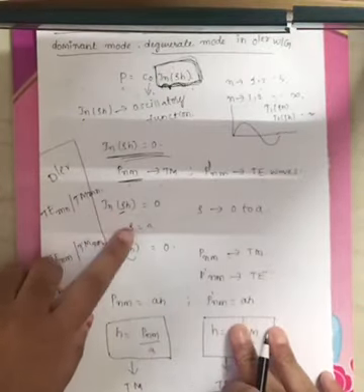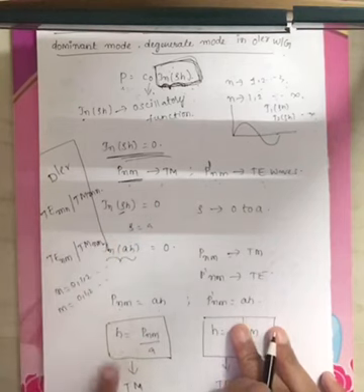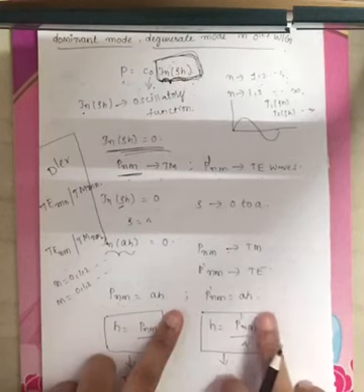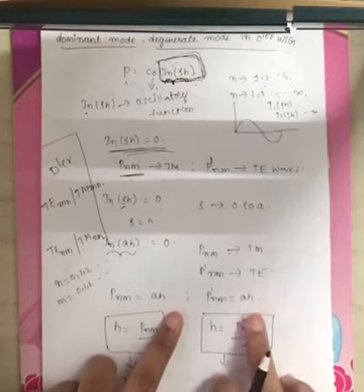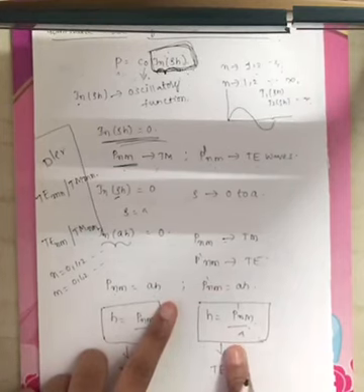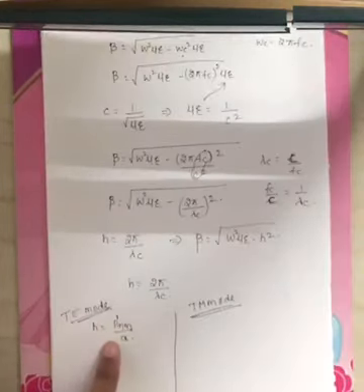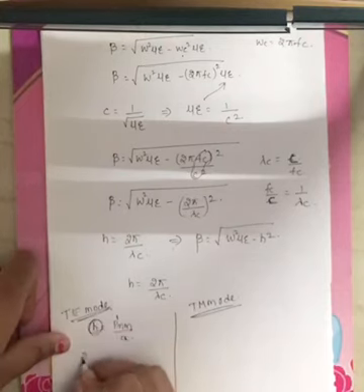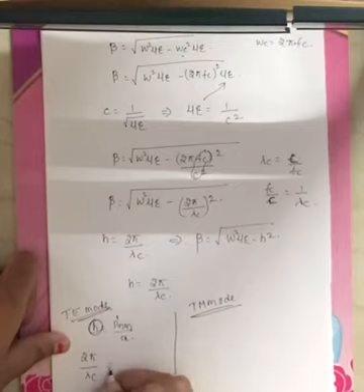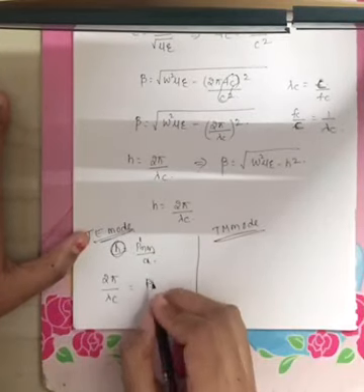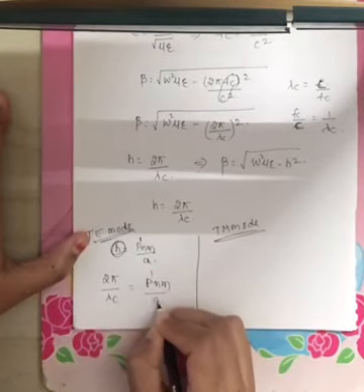See, here you have the nth order Bessel function which will have an infinite number of roots. Those roots I am representing as P dash nm for TE mode of propagation, which equals a h, right? Rho is varying from 0 to a. Now from this expression, h is nothing but P dash nm by a, right? What is h? h is nothing but 2 pi by lambda c, which equals P dash nm by a, right?